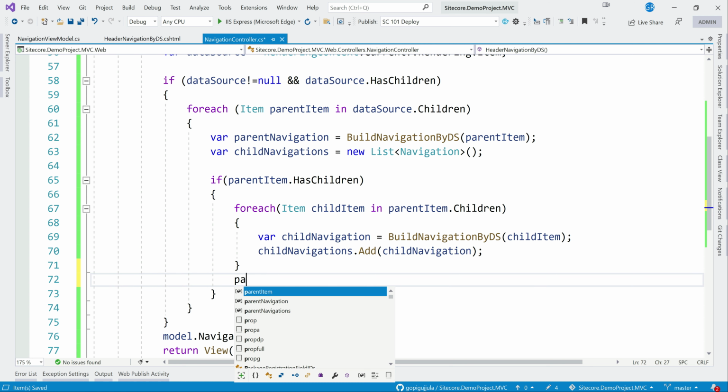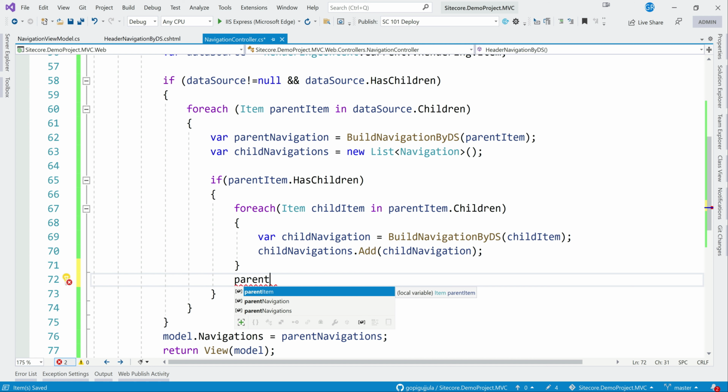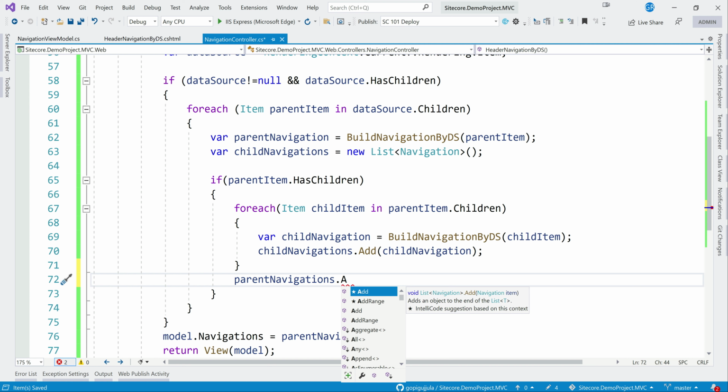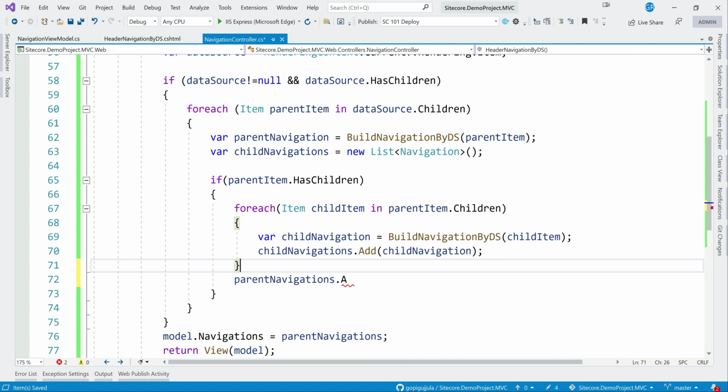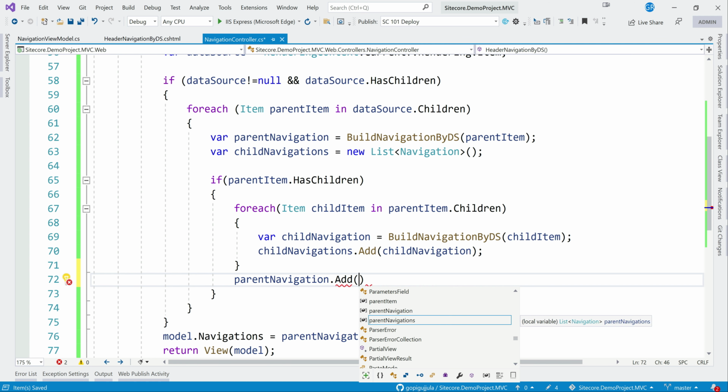So for that you can go to parent navigations. Sorry, this parent navigation is here, and you add what are the child navigations.